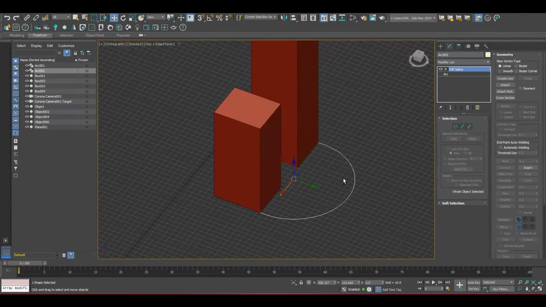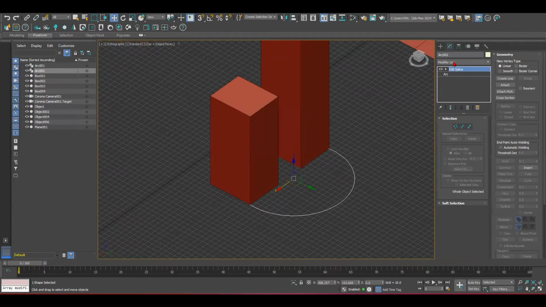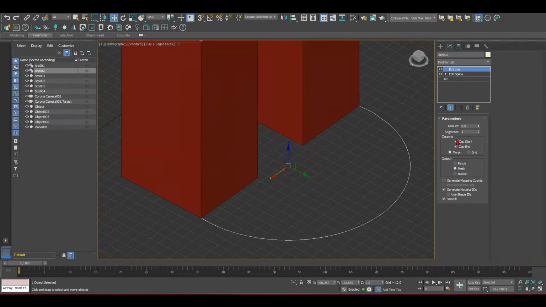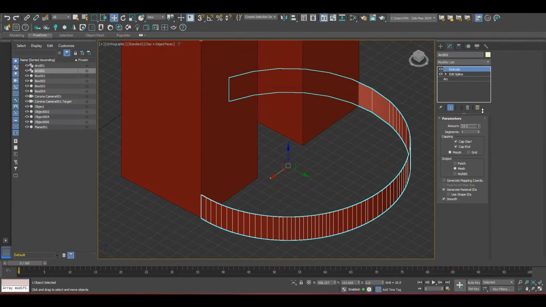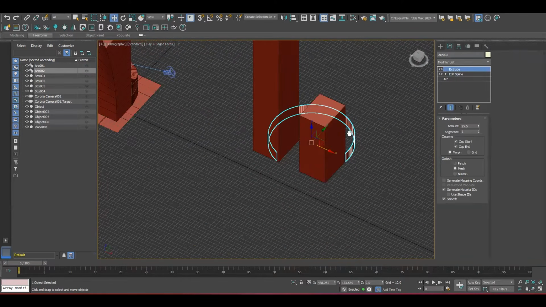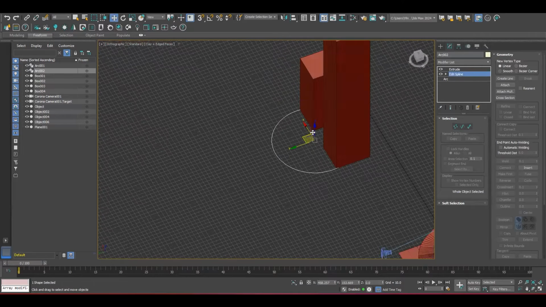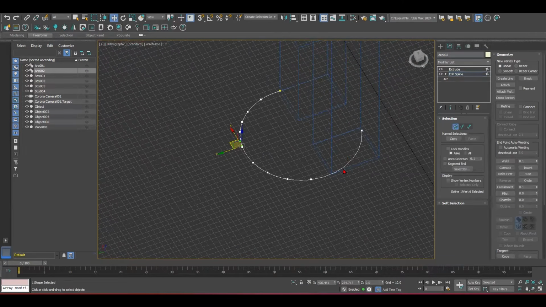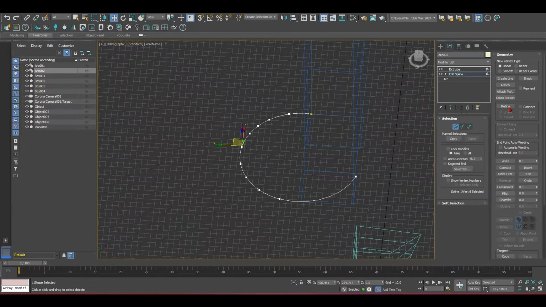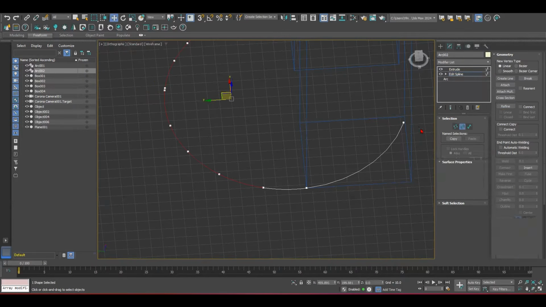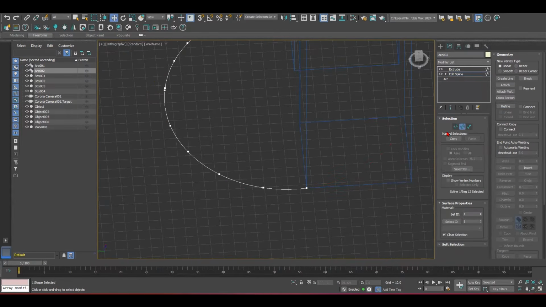The next thing I will be doing is extrude, because it's an unclosed shape, so it will only extrude the exterior surface. So I need to just fix this, see which is exactly the endpoint for the arch.